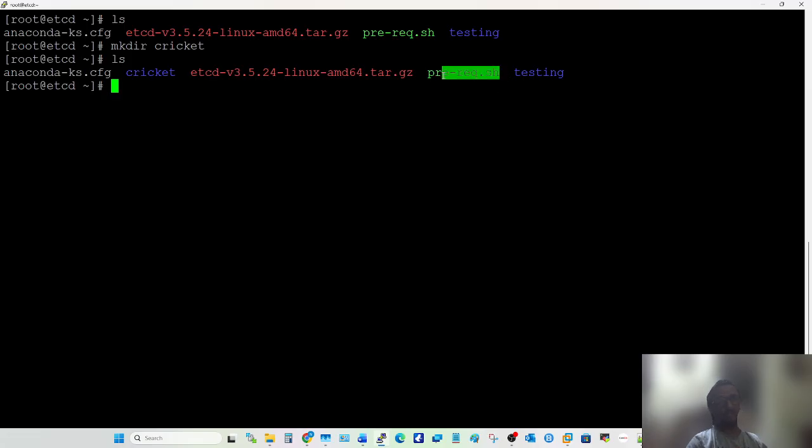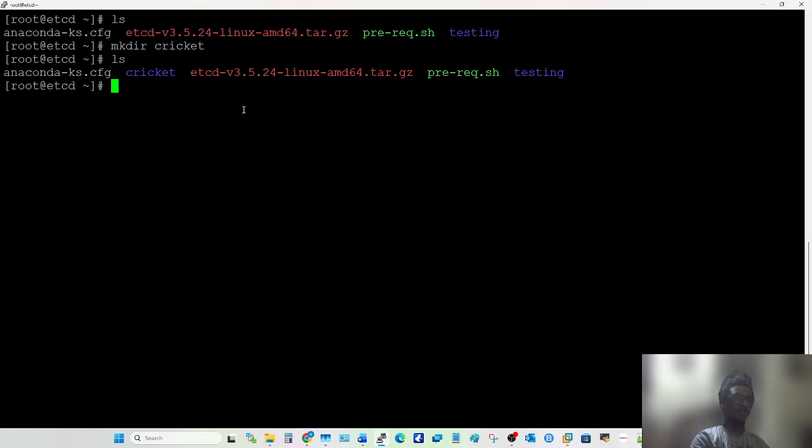What an executable is, what a compressed file is, and how we can compress a file, I will teach you in upcoming lectures. But just note: in white you see files, in blue directories, in red compressed files, and in green executable files. So what is an executable file?